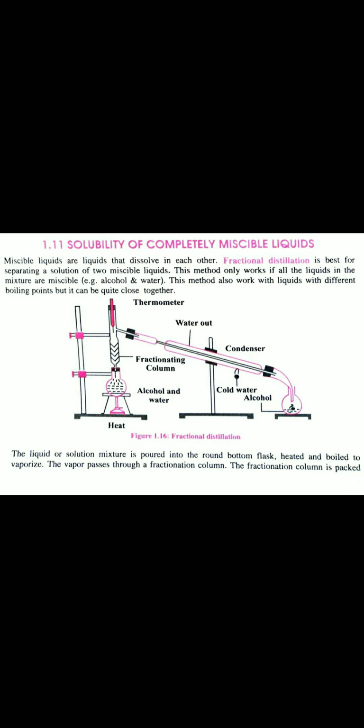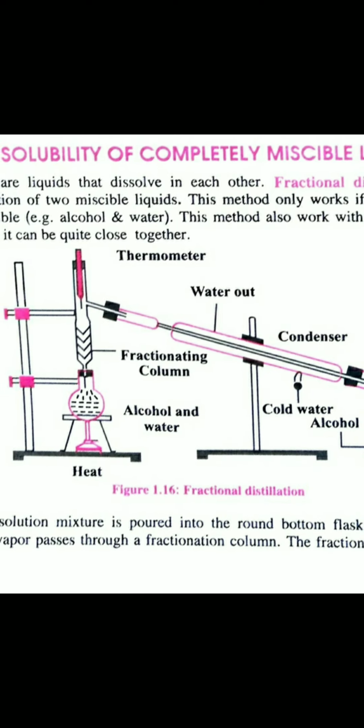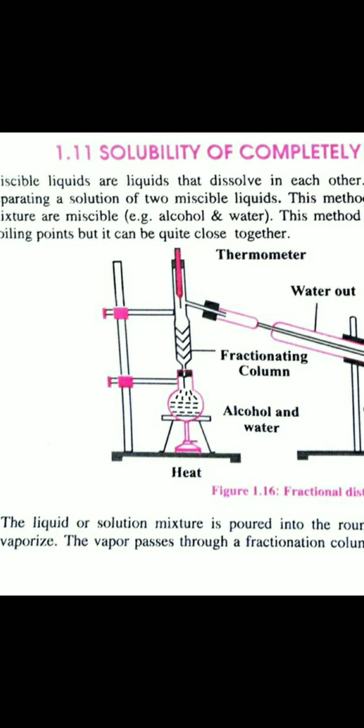Once we mix this alcohol and water, and if we want to separate both, we can achieve that process by this fractional distillation. In this fractional distillation, this assembly is used. Here the round bottom flask is present. We are applying heat at the bottom. Due to that heat, vapor is generated and a thermometer is present over this funnel, so we are measuring the boiling temperature.